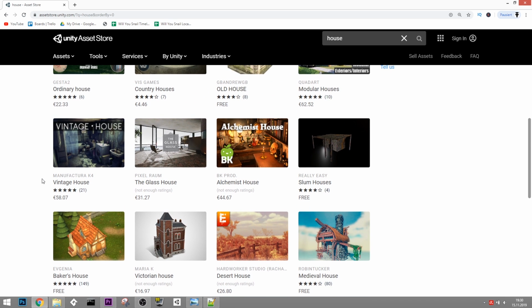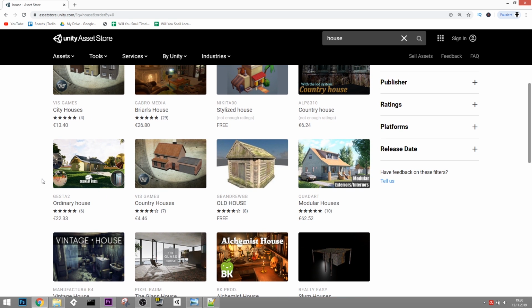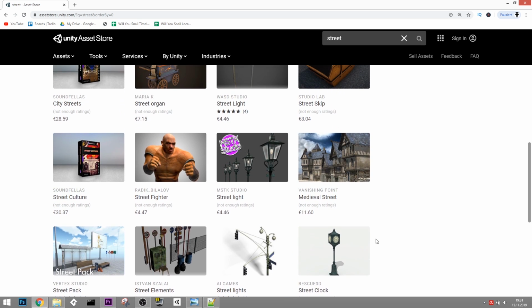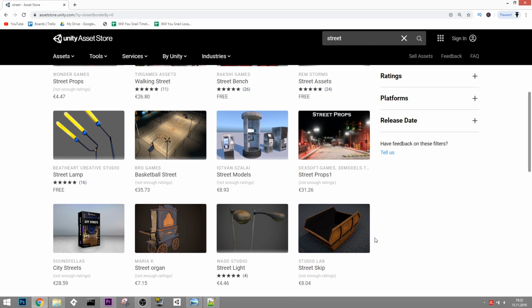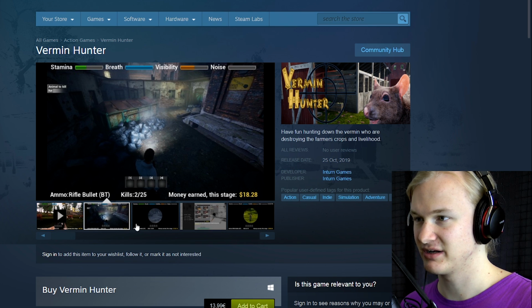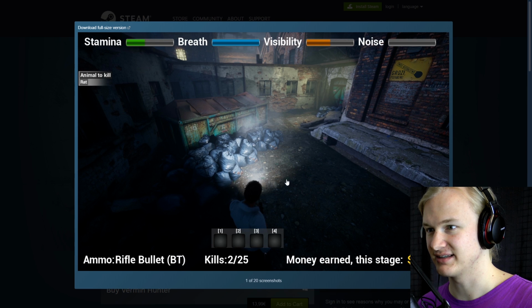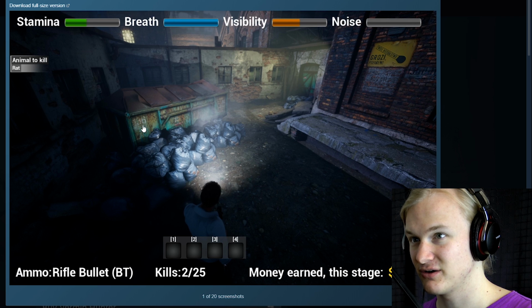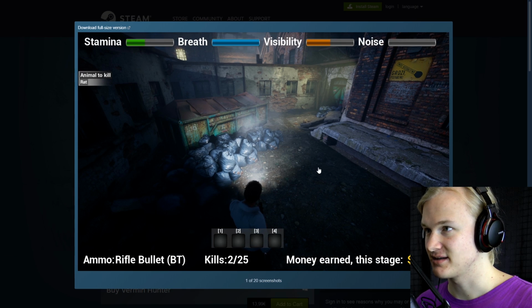To be honest, there's not really anything wrong with that procedure. You should save time wherever you can, but you have to be aware that asset flips have a bit of a bad reputation, which is why looking like an asset flip is not necessarily something that helps your sales. How do you recognize an asset flip? There's a very big red flag that helps to identify asset flips, and that is if the quality of the user interface, the UI, is significantly lower than the quality of the in-game assets, and that is absolutely the case here.